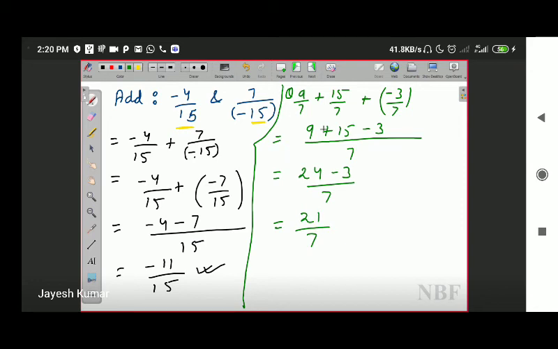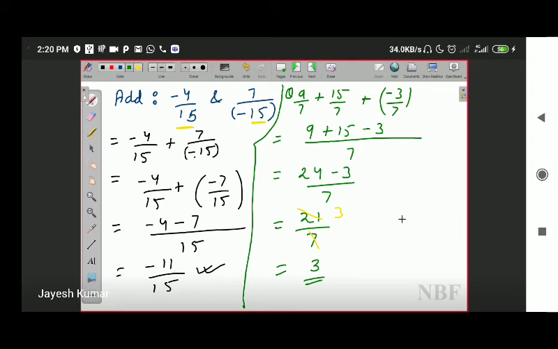If the question is asking, okay, we have to add the numbers, then answer 21 upon 7 is quite correct. If the question is saying simplify the solution or simplify the answer, then what will we do? We will make one more step. We'll simplify it. 7 3s are 21, and your final answer is going to be 3. If you write 21 upon 7, it is correct. If you write 3, it is correct as well.